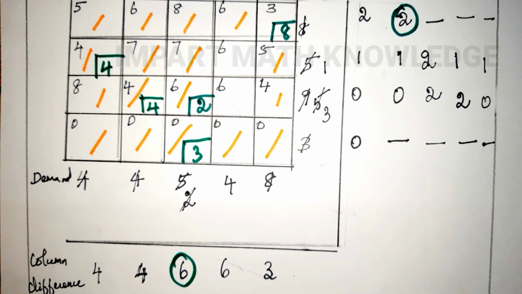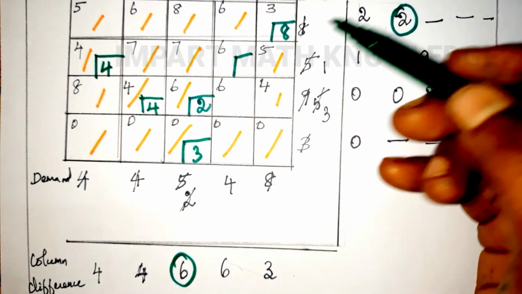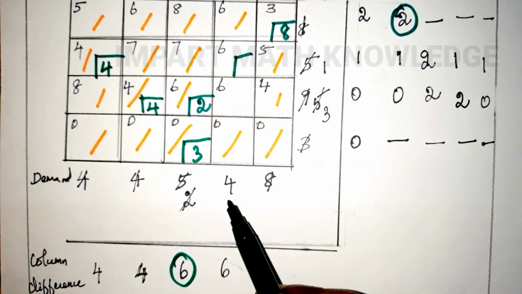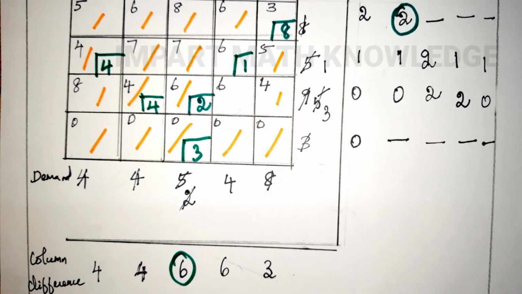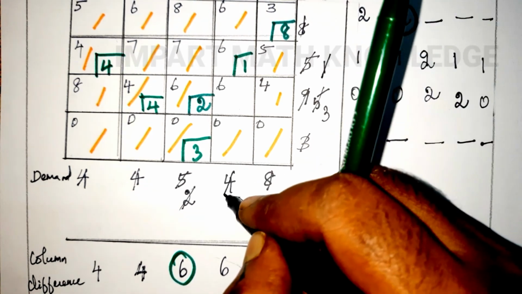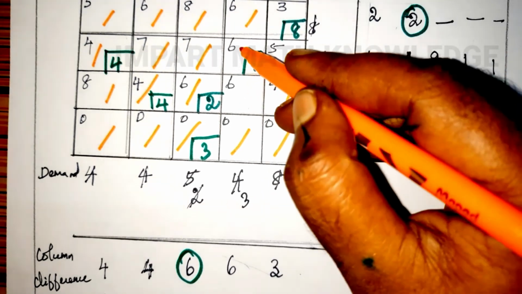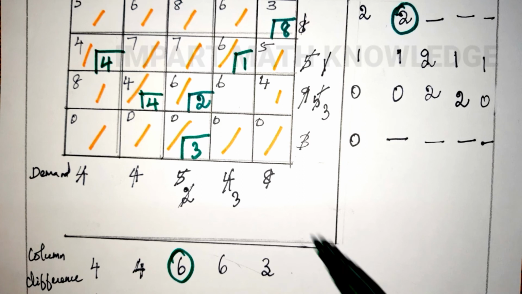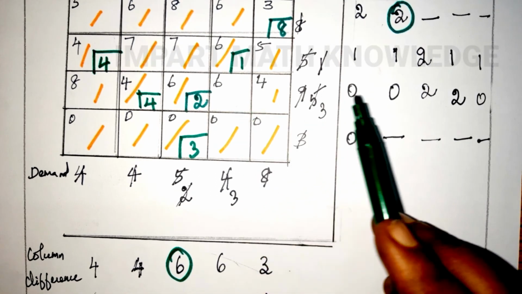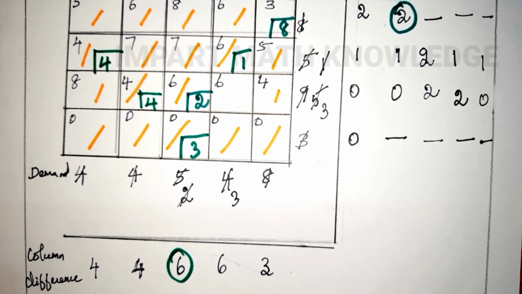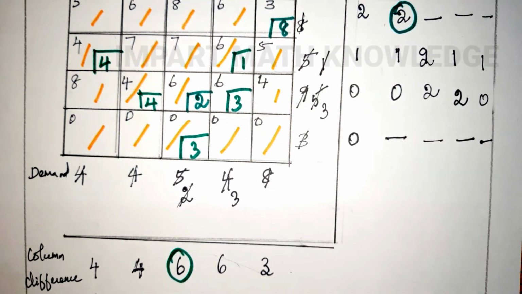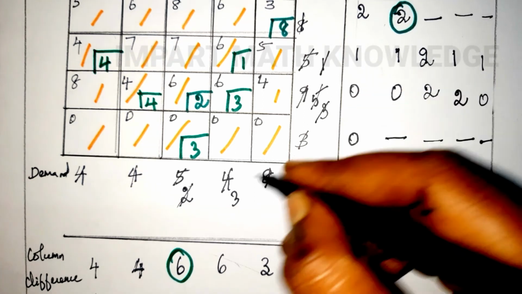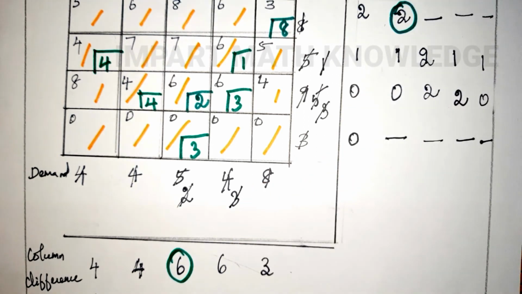If I pick the first cell, supply is 1, demand is 4, so I am allocating 1 here. So I cross out the value. Here the remainder is 3. Supply is satisfied, so cross out the row. The left out one is this cell. For this cell, supply value is 3 and demand value is 3. So you allocate 3 here. Now both supply and demand are satisfied.